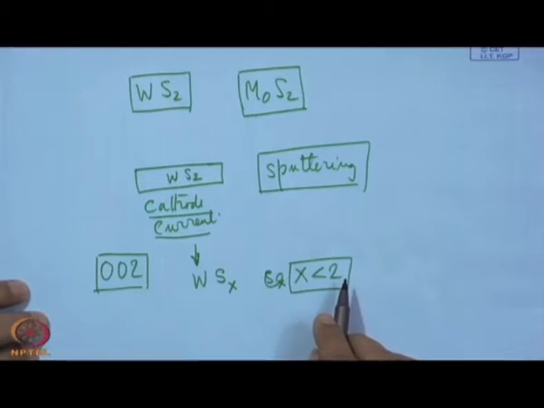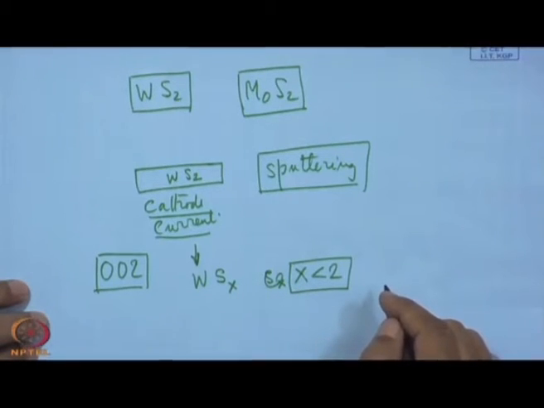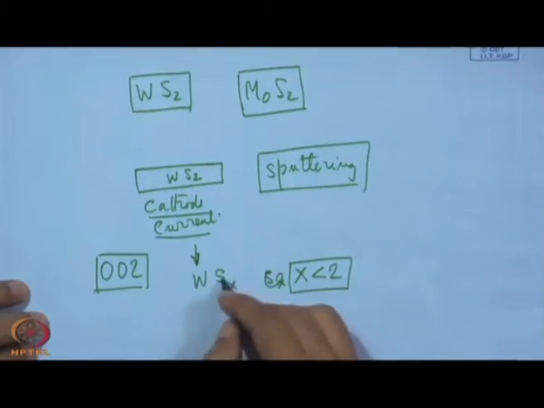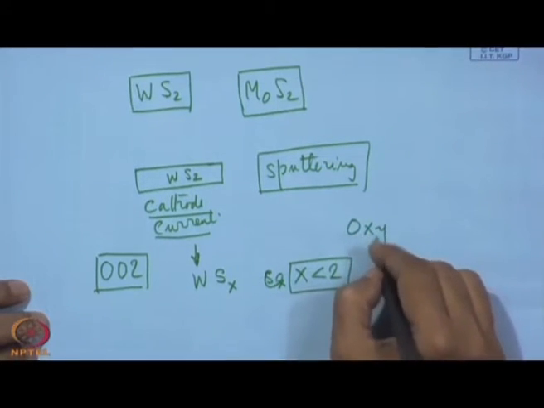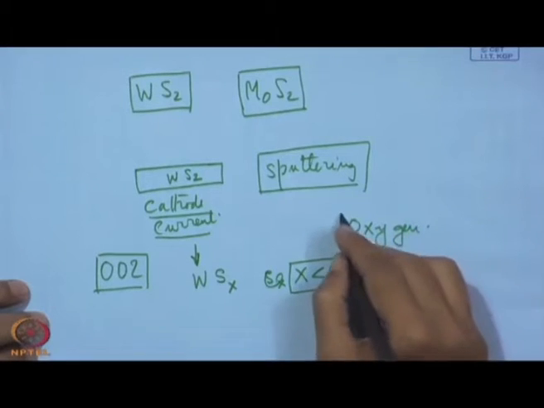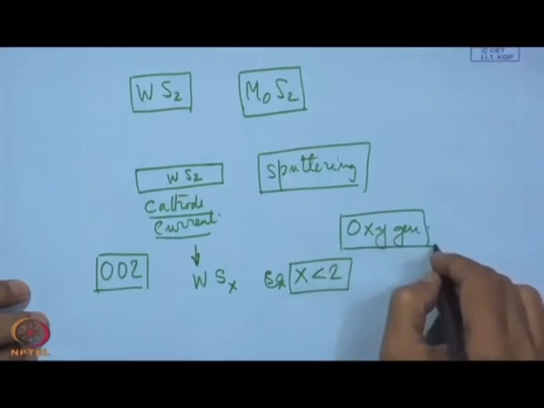But one thing we must also take into consideration is that if the value of x is too low, this place will be occupied by oxygen,